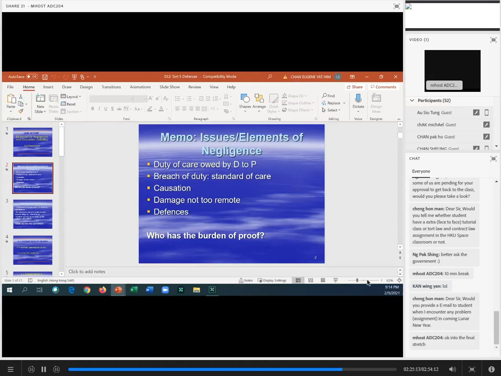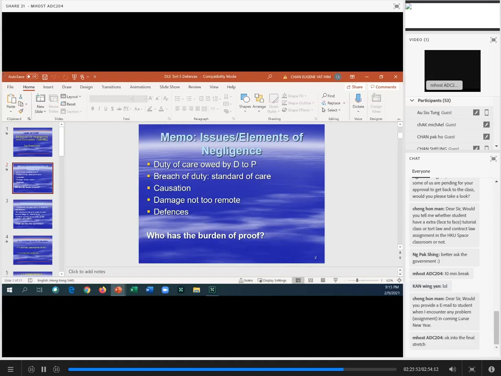So that's an important exception to the fact that the burden of proof is on the plaintiff to prove all the elements of negligence, but when it comes to proving breach, if Section 62 applies, the burden is reversed and put on the defendant. But generally, the plaintiff has to prove all the elements of negligence, and the defendant has to prove all the elements of a defense that he raises. The general principle is, everybody, he who asserts must prove. Okay? So if you are asserting that there is a defense, you've got to prove it.